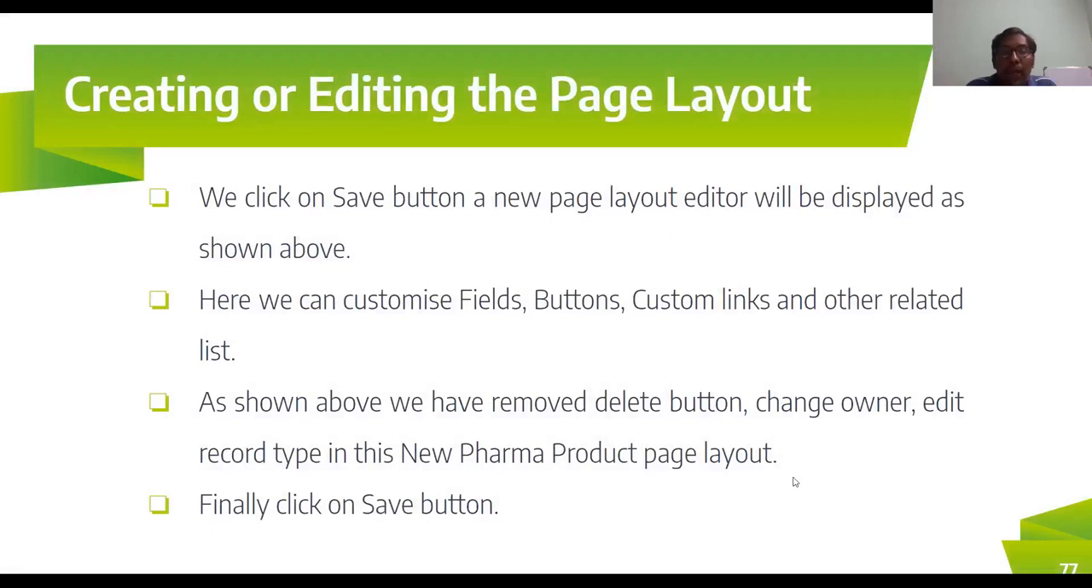Got it? After you're done with it, we click on the save button, and the new page layout editor will be displayed as shown. Here we can customize the fields, buttons, links, and any other related changes you want to make. As shown above, we have removed the delete button, change owner, and edit record type in the new pharma product page layout,